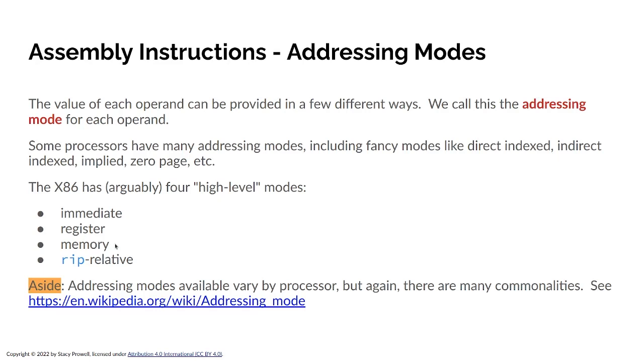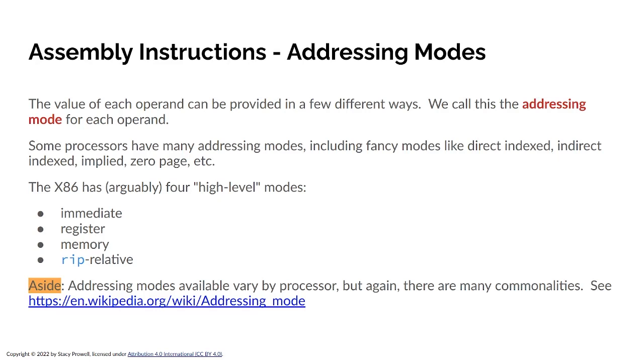The very first instruction we looked at, the one that had the huge list of things to do, it had a fairly complicated memory expression in it. RIP relative, we've seen that. It's RIP plus some fixed offset. We've seen that a couple of times, and that's in square brackets as well. So those are basically the 4 modes. Depending upon what you consult, it will have more addressing modes than this, but those are really the 4 that matter. If you want to learn more about it, you can go read the Wikipedia article about addressing modes, but